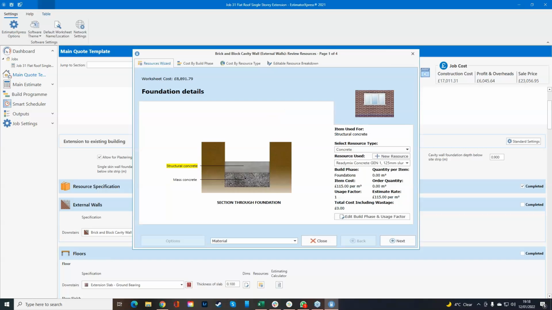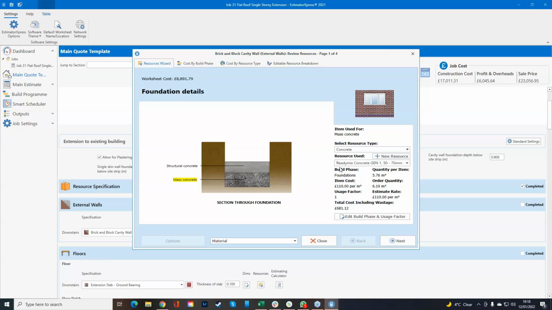Okay, so firstly, resources. This is going to be more visual. So what we can see here is we've got structural concrete. It would have been calculated at £115 per cubic metre. However, there's no price against it because I zeroed it out. Whereas if I go to mass concrete, we can now see that we've got a price of £110 per cubic metre, and the price is coming in at £681.12 because we need to order